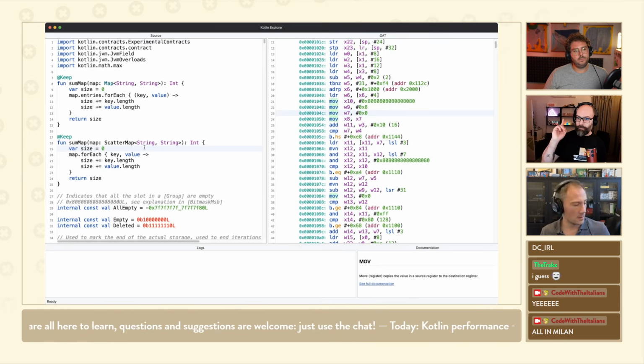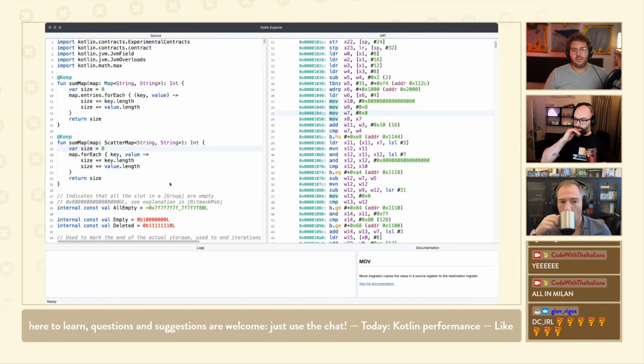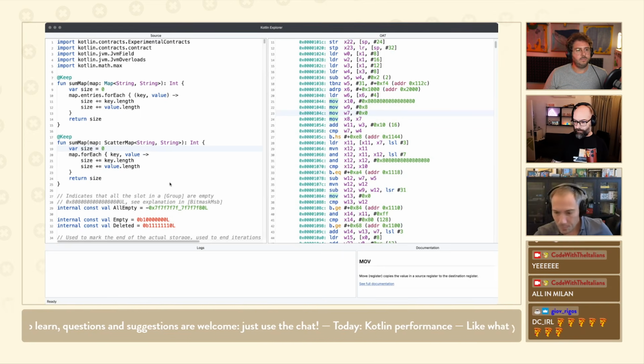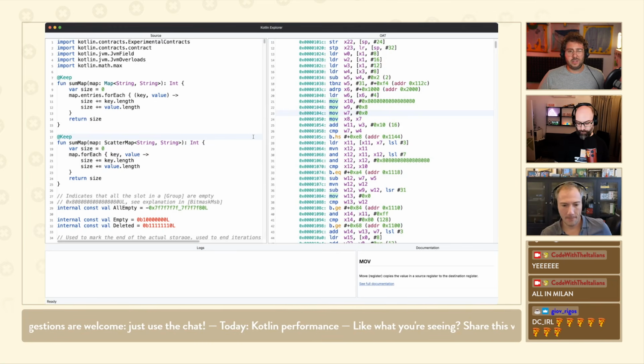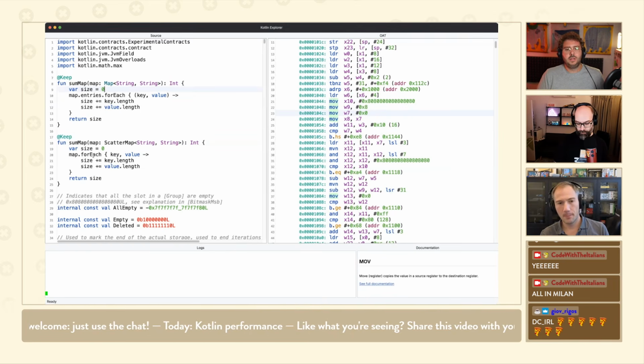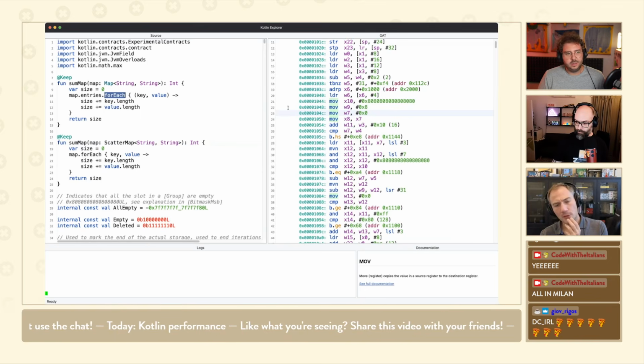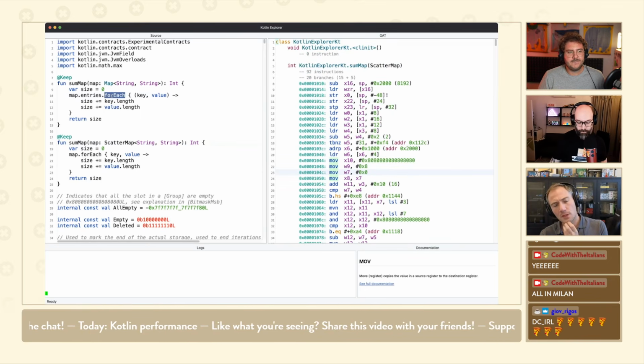I know that the for each function, because it's a function, is generally more expensive than doing a simple loop. But then again, I know that loops in Kotlin are a bit weird. Oh, you mean the for each here? Yeah. The good news is that those are inline functions because they take a lambda. To avoid allocating the lambda, it's an inline function. So it's just like a loop.